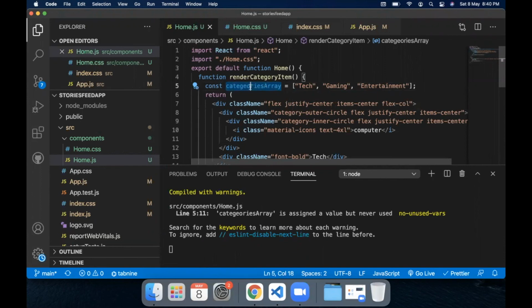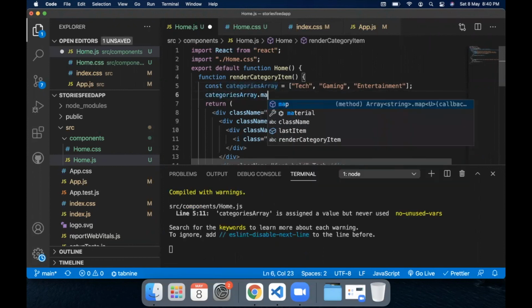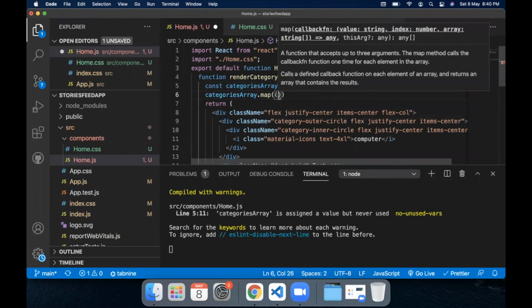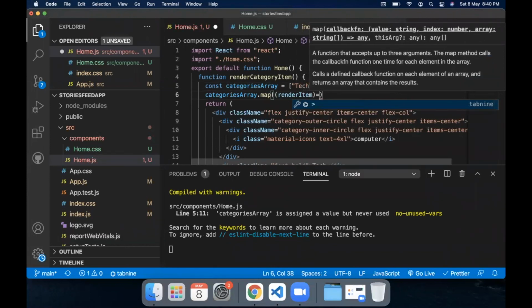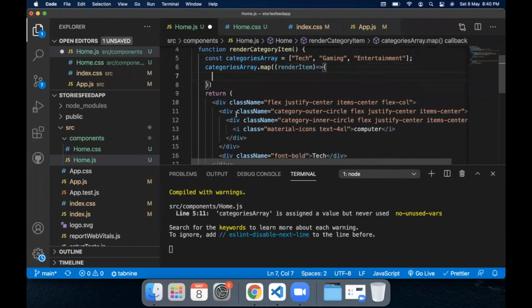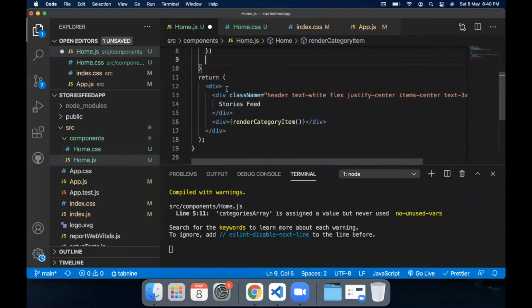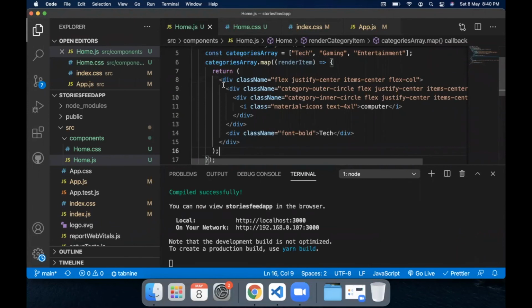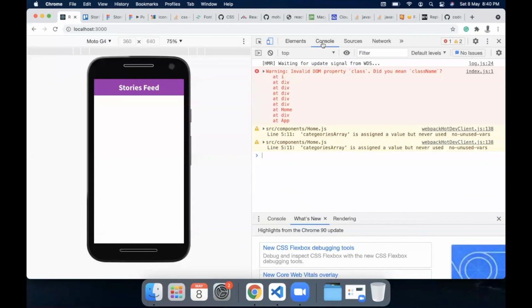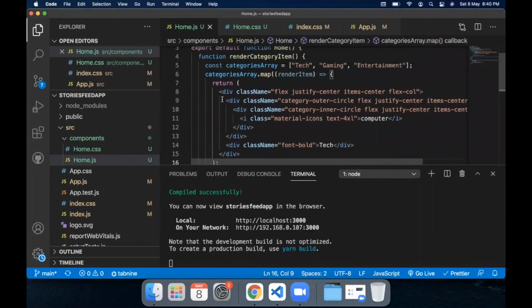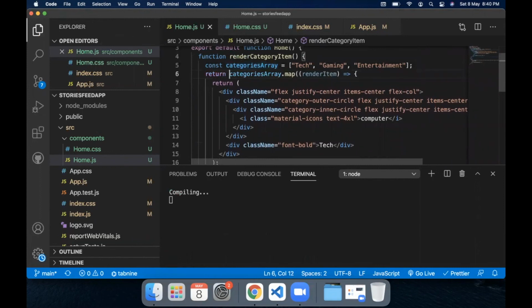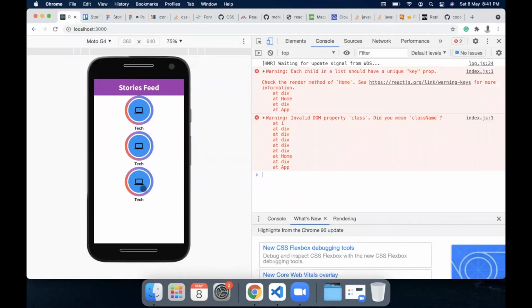If you have a categories array like this, we can use a map function here to render our item, and return this code thrice. So we need to return this as well. So we have 3 items like this.